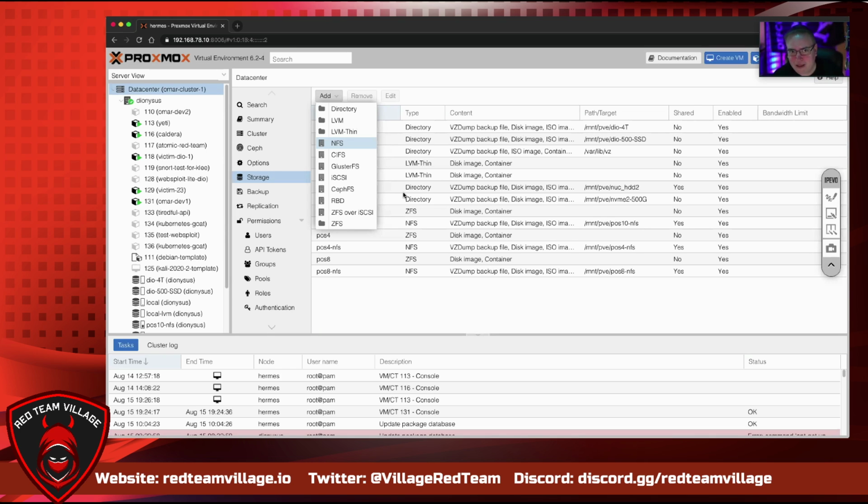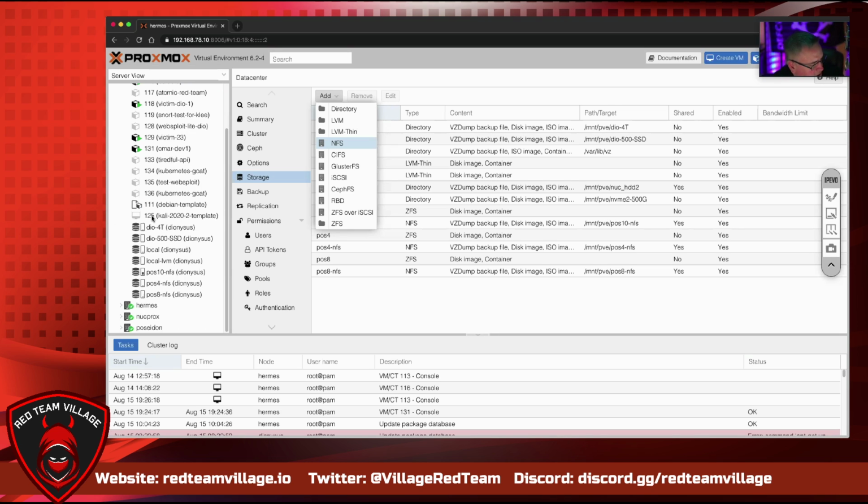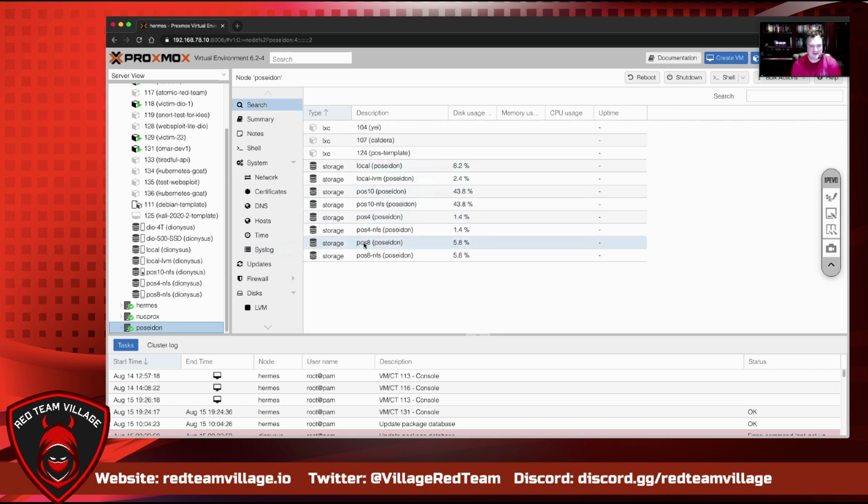Storage in here. What I do in this cluster, this is like my super lab. I don't care about this cluster type of thing. I just do ZFS and I mount to NFS. And what you see down below here, all the DO4T, 500 SSD, all these are mostly NFS mounts. And POS is not piece of shit. It's actually Poseidon, the name of the server that I have here. That's a big storage server that I have with a whole bunch of ZFS